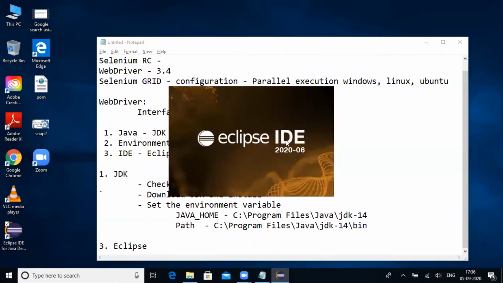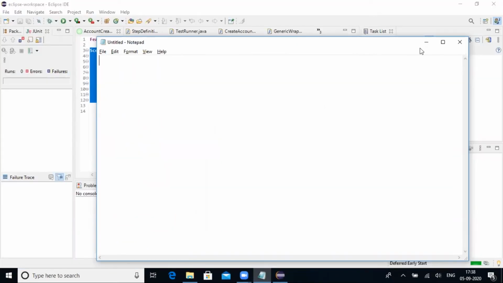So this is the latest version of Eclipse IDE. Now we are going to write a simple Java program just to print something. How to write a Java program? In Java, everything is an object. Java is an object-oriented programming language. We'll see what object orientation is and what all the concepts are in object-oriented programming. We are going to discuss it anyway.